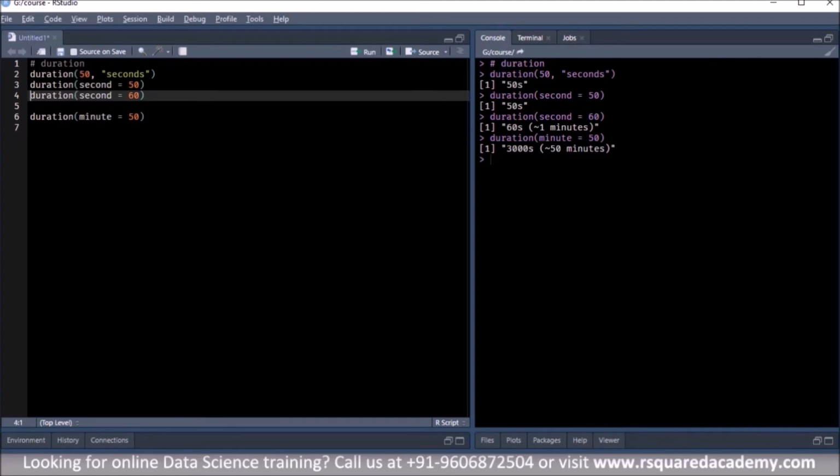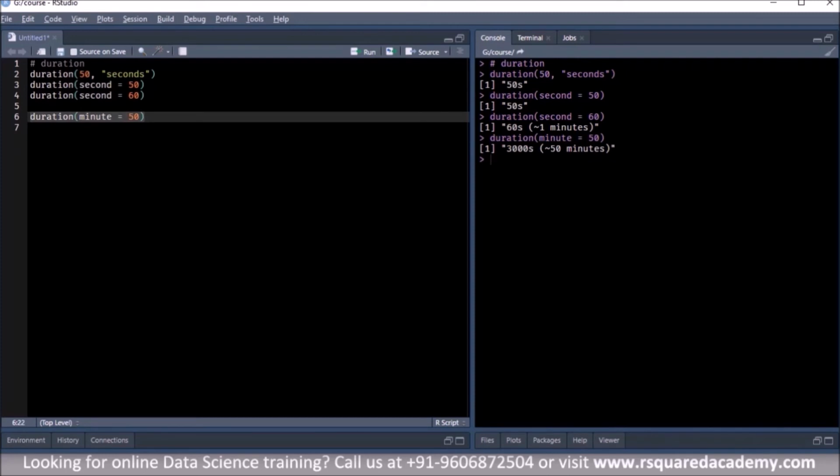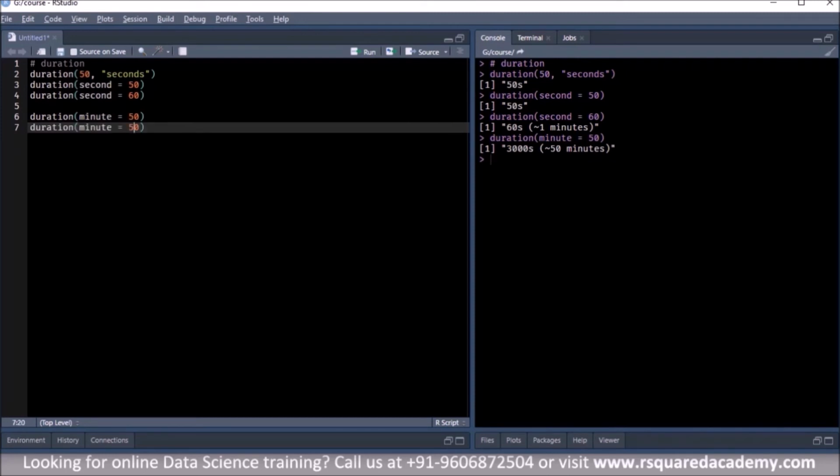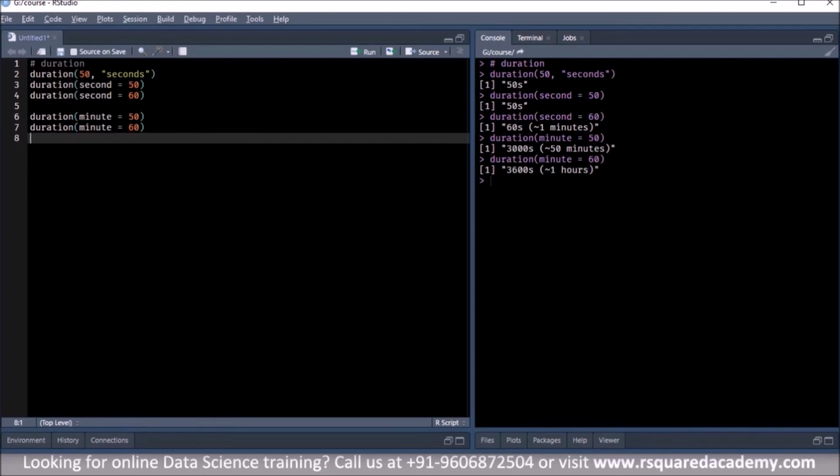Now slowly we'll change this to 60 minutes like we did in the previous case where we went from 50 seconds to 60 seconds and it showed approximately 1 minute. Here also we'll do the same thing, right? We'll go from 50 minutes to 60 minutes, right? So now you can see it shows approximately 1 hour, right? So 3000 seconds and in the bracket it showed approximately 50 minutes. Once we increase that to 60, it shows 3600 seconds. Like I said, primary representation still is in seconds, but in the brackets it will go on using larger units. So from minutes it went to hours, right?